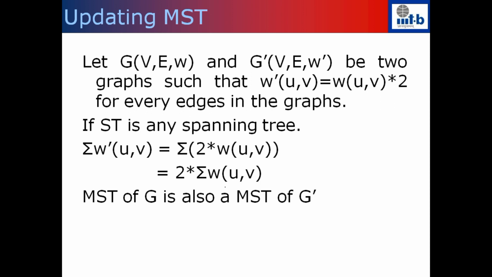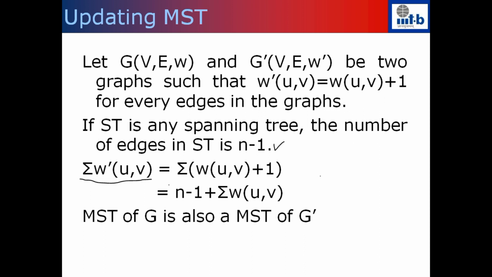for this constant. So in the case of the shortest paths, we said that if you add 1 to every edge, then in the new graph the shortest paths will change. But in the case of the spanning trees, that's not the case. The minimum spanning tree after adding 1 or a constant to all the edges in the graph will continue to be the same. In the previous proof, we used the fact that the summation has exactly n minus 1 edges. But in the case of shortest paths, if you take two paths, they may not have the same number of edges. That's why we got into trouble.